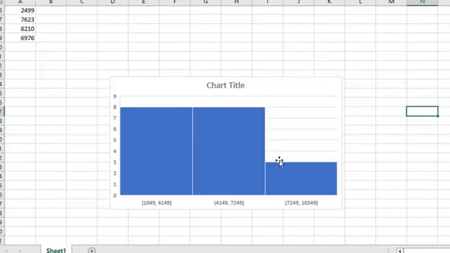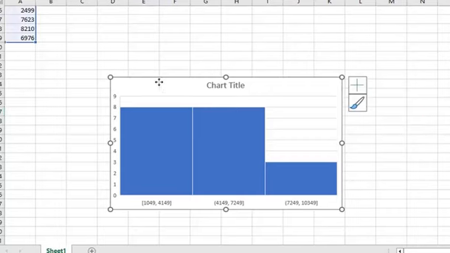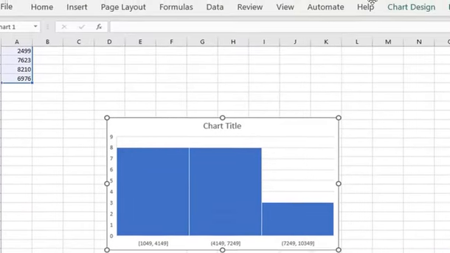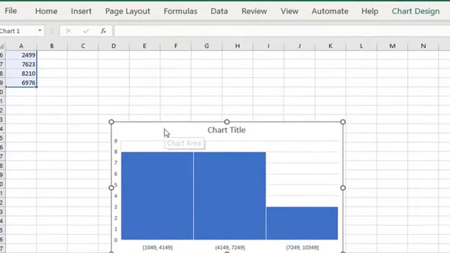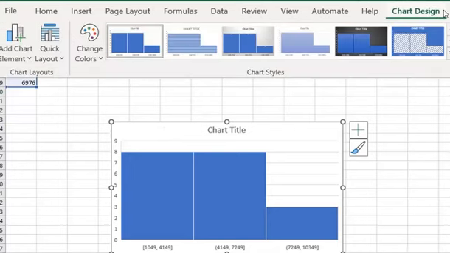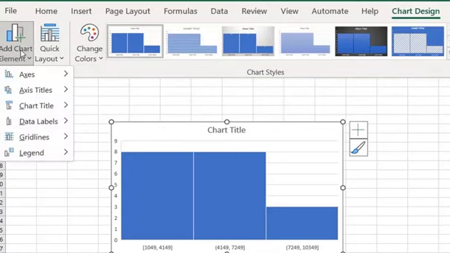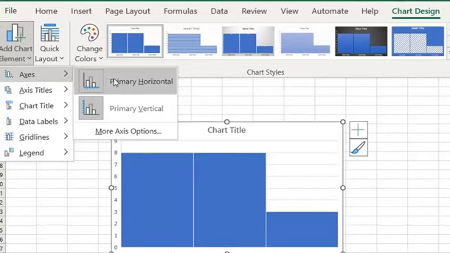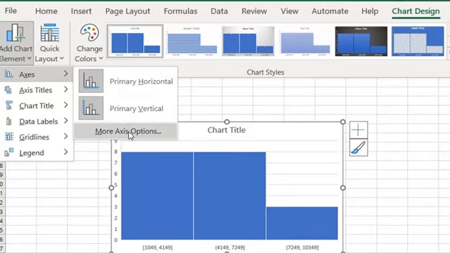So if you have a histogram like this, and you don't want just 3 bins, which is probably a good idea, 3 is too few. The button you've got to click is, we've got to click on the histogram, and then Chart Design, Add Chart Element, even though we're not really adding an element. We've got to go to Axes, and then More Axis Options, because we're editing something along the axis,